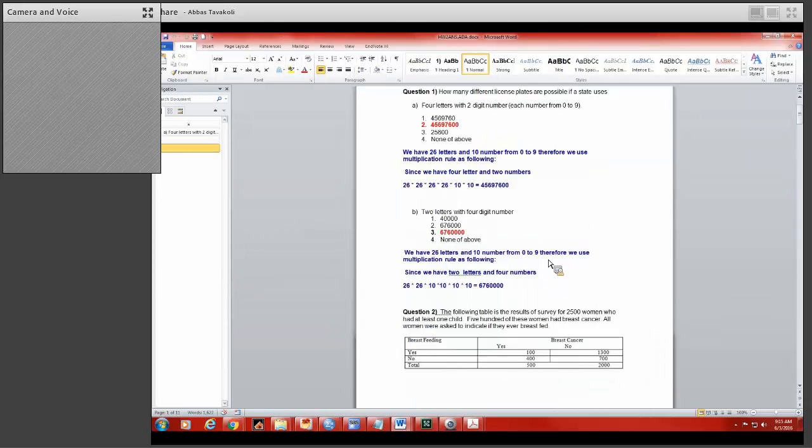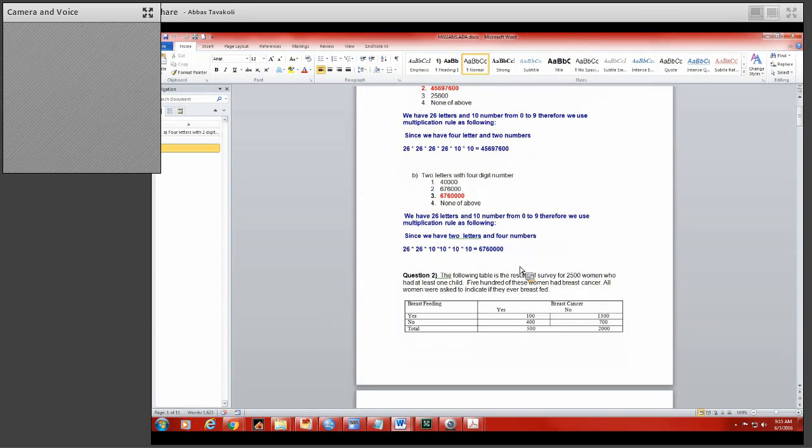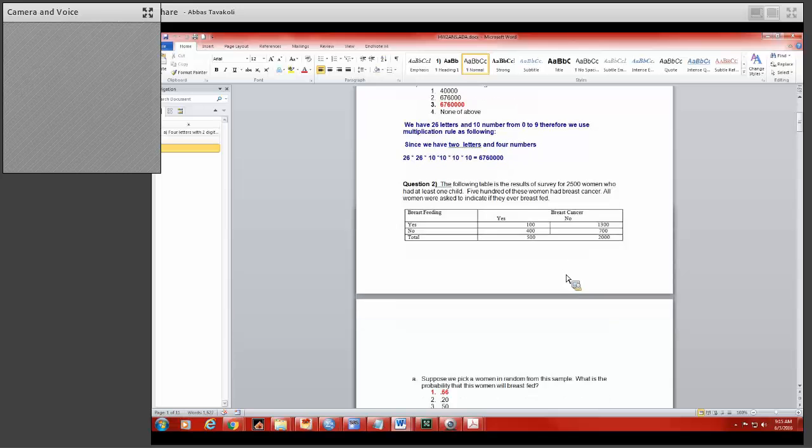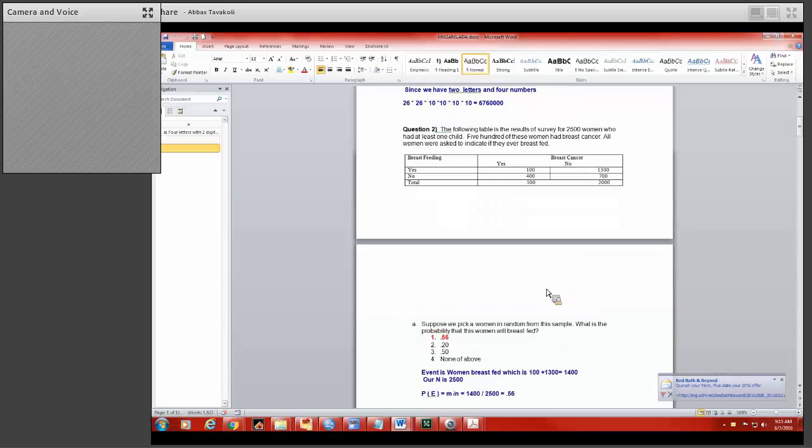a license plate. So if we change it to two letters with four digits, basically you're changing the number of multiplications for letters, which becomes 26 times 26. Now you have four numbers, so the number would be 676,760,000 ways. So that was very simple. Question two, I ask you